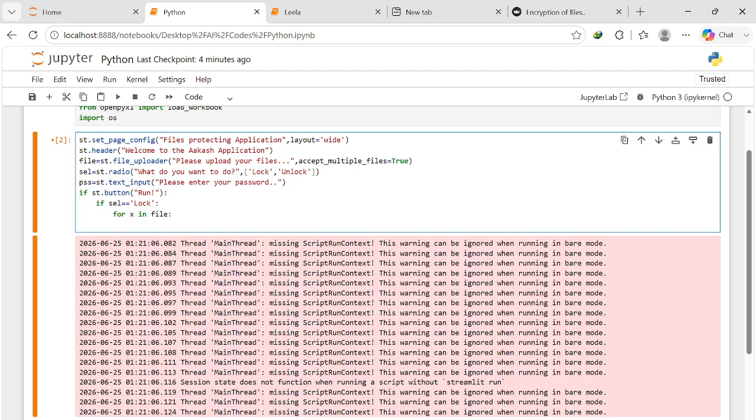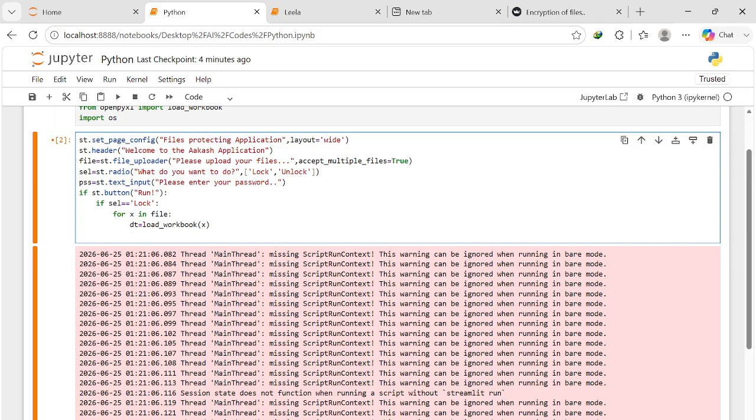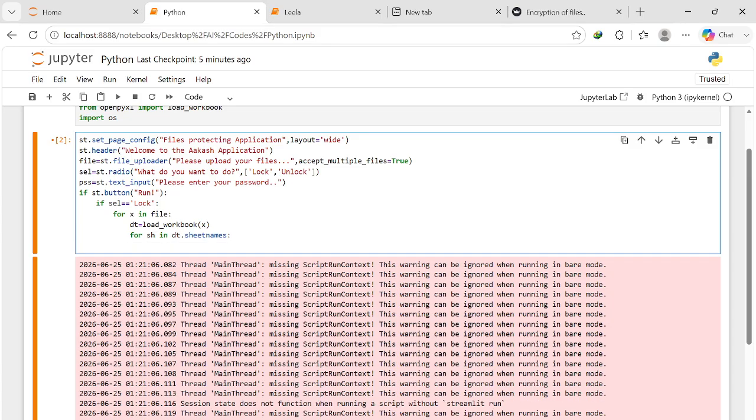And after that what we need to do, we are now running one loop inside the next loop. Now what we are doing here is reading every workbook, load workbook by x. Okay, and after that for sh in wb dot sheet names, we have to read the sheet names as well. Okay, sheet names. After that, wb dot sh, it should be like